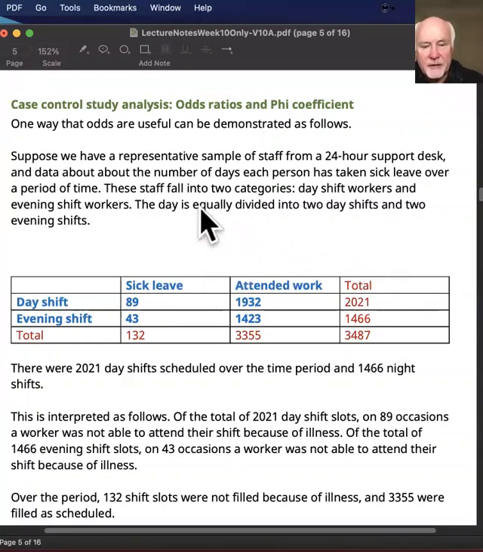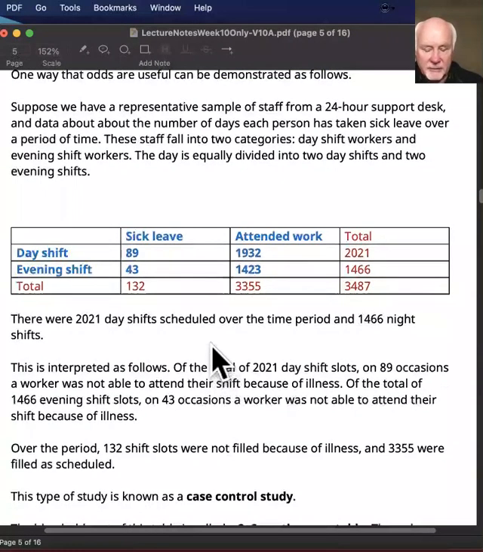We present this in what's called a contingency table, and I'll explain some of the characteristics of that in a moment, but let's just make sure we're clear about the data. There were 2021 day shifts. That's this number here, 2021: 1932 plus 89, so 2021 day shift slots. What I mean by that is, on a given day you've got 4 shifts. In a given shift you'll have a certain number of people working. They are working in what I'm calling shift slots. Each shift will have a number of slots which need to be filled by